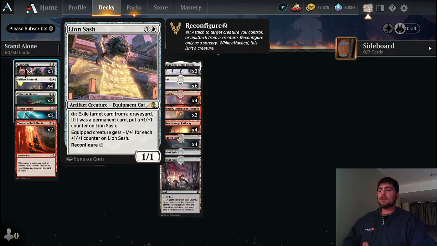And if it's a permanent, we get to put a +1/+1 counter on the Lion Sash. So as a creature, a 2-mana 1/1, it can build itself up with that ability. The neat thing is, when it's equipped to a creature, that creature gets +1/+1 for each +1/+1 counter on Lion Sash. So it is a little useless as an equipment when it doesn't currently have a +1/+1 counter on it,